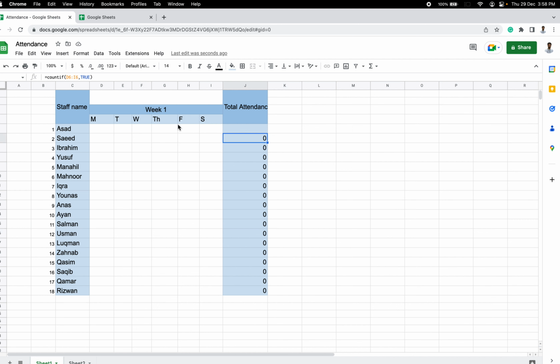So this is a blank sheet I just created to save time. If you don't know how to create this, you just need to type staff name, week name, attendance, and so on. So these are a few names which I selected to show you how to make it. For example,